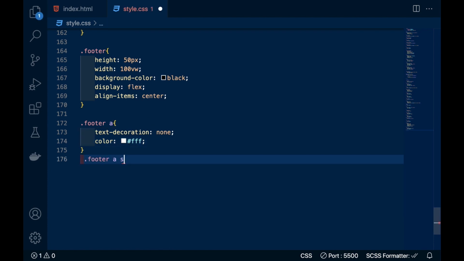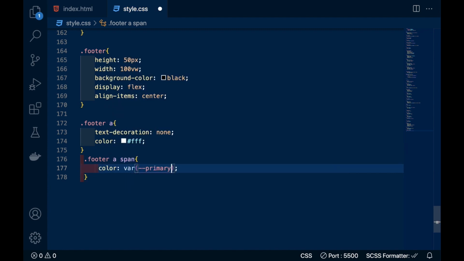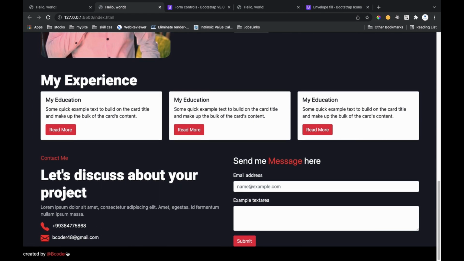There is a span we have used in which B coder is written, so its color would be red. So you can see created by B coder.